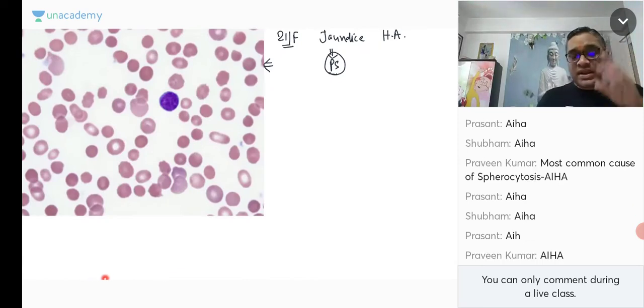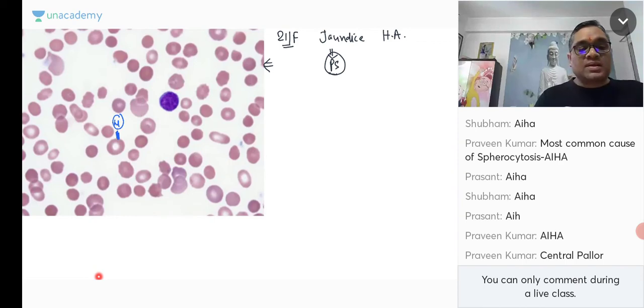Yes. So always remember, never get biased by seeing the spherocytes, right? Because you are going to see here, can you see this is the lymphocyte? Shubham, see this, this is the lymphocyte. Now if you see the lymphocyte, the normal RBC should be of the same size. So this is the normal RBC, this one is the marking. So like that you have to identify: rule of 5, rule of observation, rule of comparison. Identify the normal RBC and identify the stain. Now we have seen that this is the normal RBC and this is the lymphocyte. Now you compare this normal RBC with the surrounding cells.